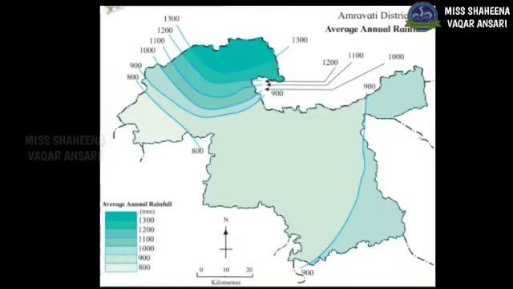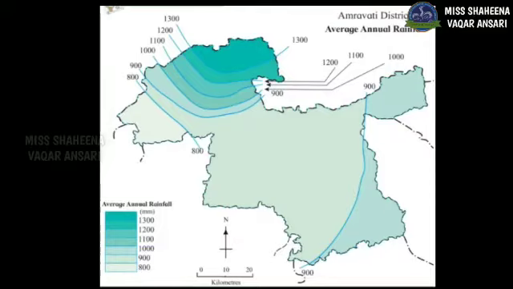The variable may show temperature, rainfall. Let's look at the map. You see lines here. And you could see 800 millimeter of rainfall in the northern region of Amravati connected with the western region. Now all the places on these lines have 800 millimeter of rainfall.